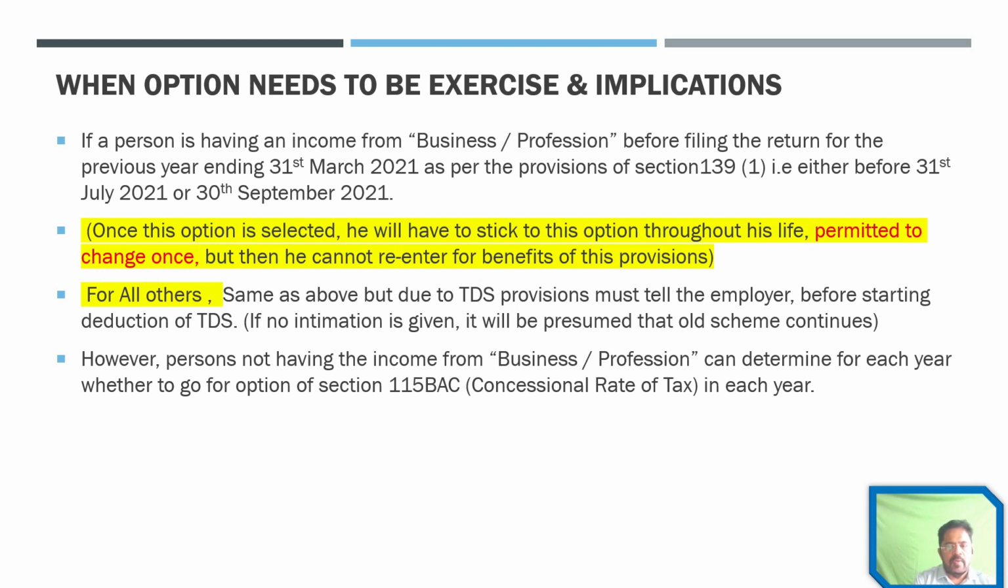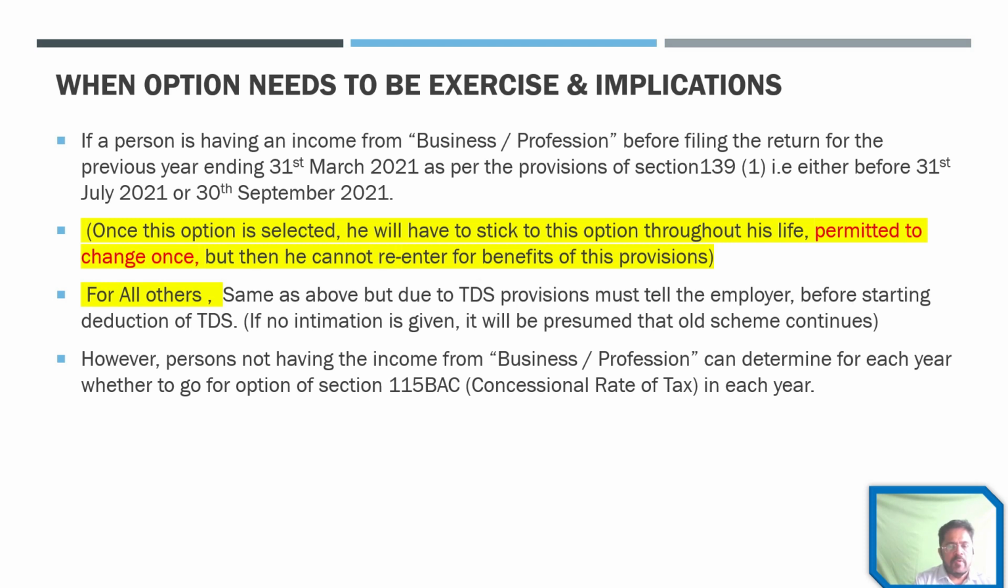But if you are not having income from business and profession in your income tax return, then you can go on deciding every year whether I should go for this particular scheme or I should not. So any assessee may decide that, okay, in 2021 I will go for this particular scheme. In 21-22 he will decide that I will not go for this scheme. Again he may decide that no, I want to select the scheme. So as far as you are not having income from business and profession, you can go on coming in, coming